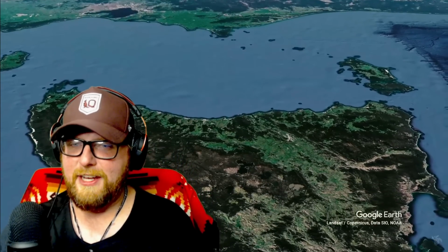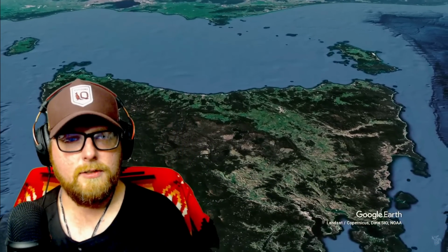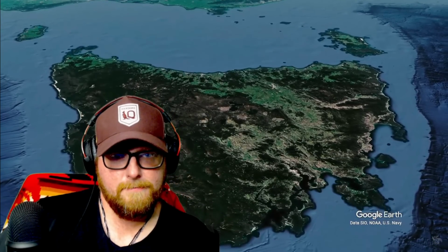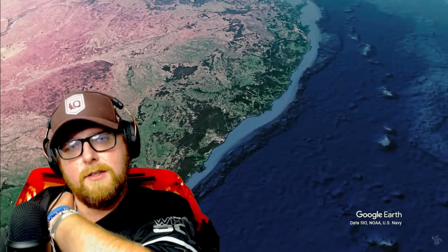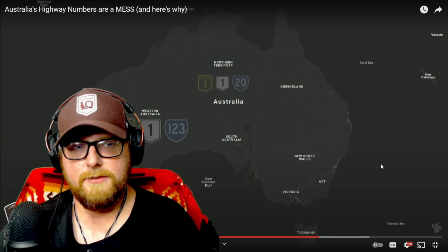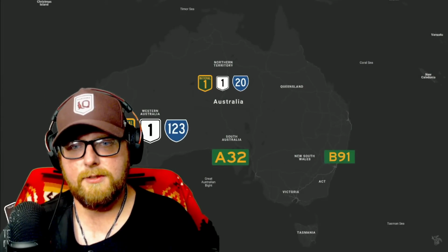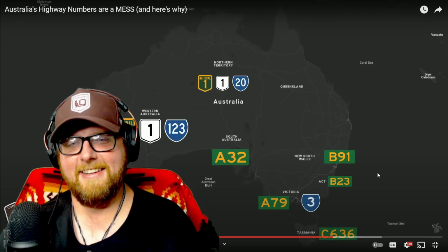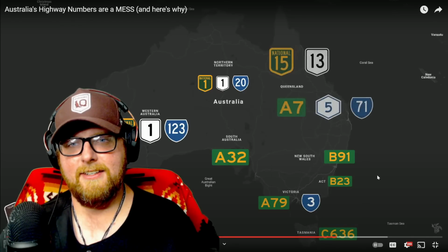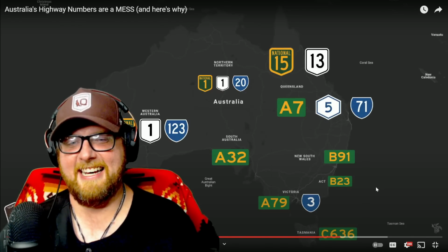With the exception of Tasmania, which adopted its alphanumeric system in 1979, the route shield system was consistent across the entire nation until the 1990s, when Victoria and South Australia began to introduce their alphanumeric systems. In 2013, New South Wales and the ACT switched to the alphanumeric system, leaving the nation in the discordant state it finds itself today. With Western Australia and the Northern Territory using the original shield system, South Australia and New South Wales, the Capital Territory, and Tasmania using exclusively the alphanumeric system, Victoria using an alphanumeric system supplemented with state route shields within the Melbourne metropolitan area, and finally the disastrously undecided state of Queensland using everything they can. It's clear to see how much...